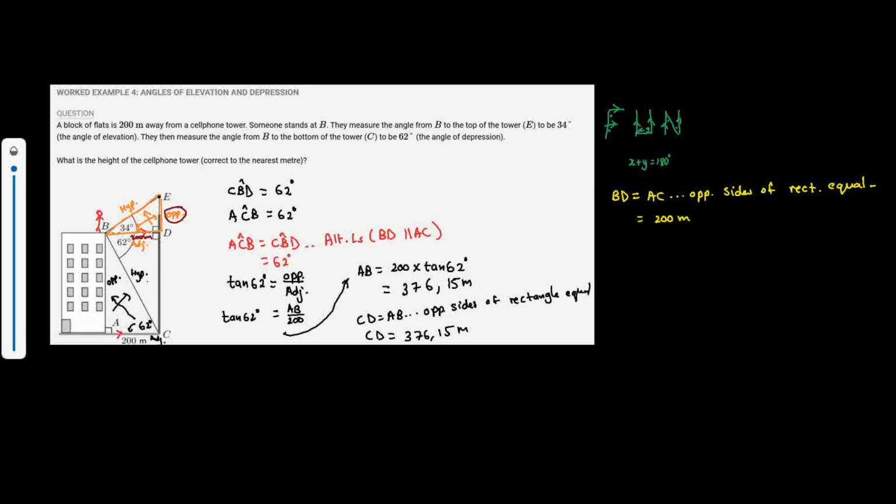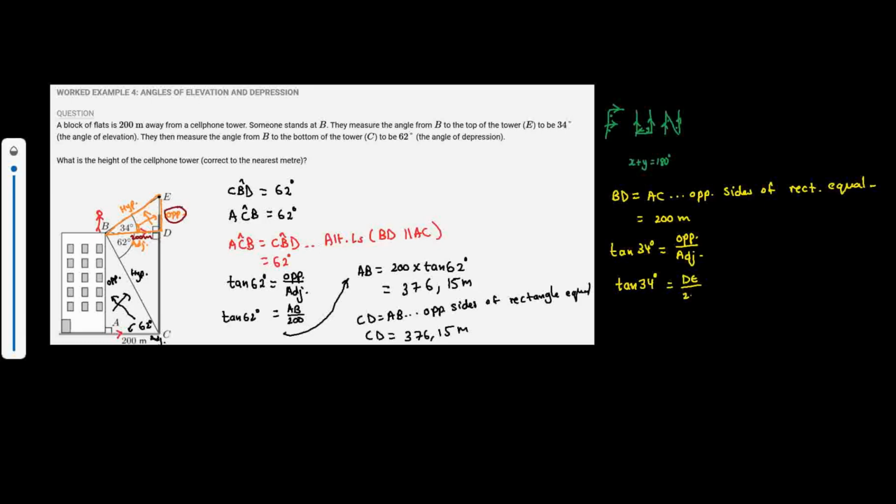That should definitely be tan. So tan of 34 degrees is equal to the opposite, which is DE, over the adjacent,